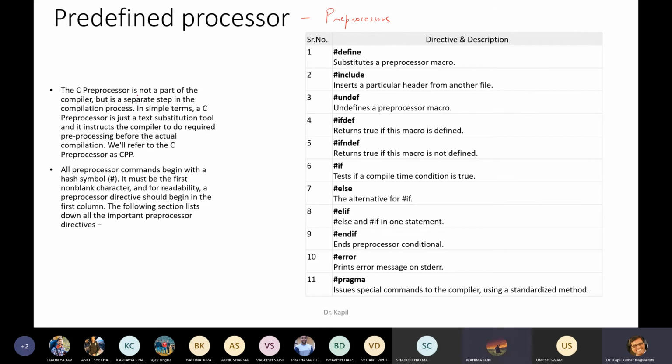So the C preprocessor is not a part of the compiler, but it is a separate step in the compilation process.